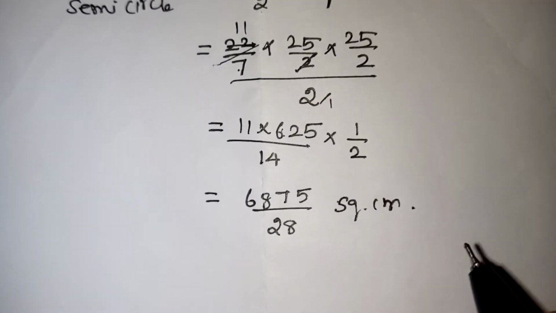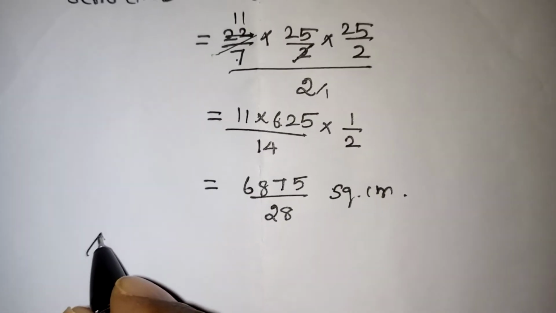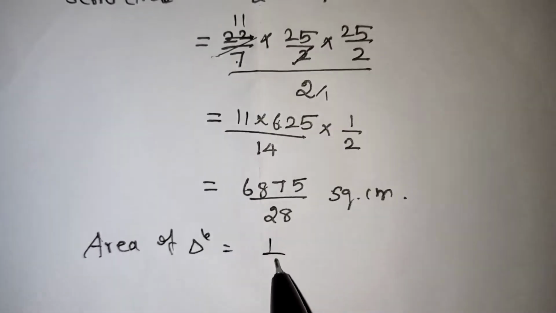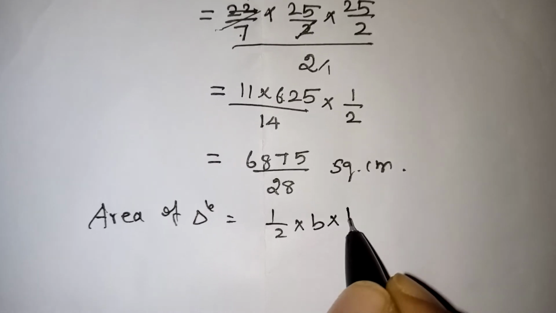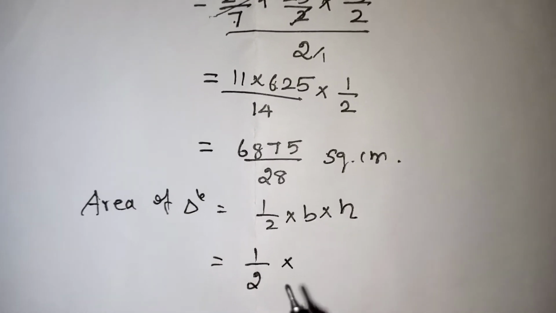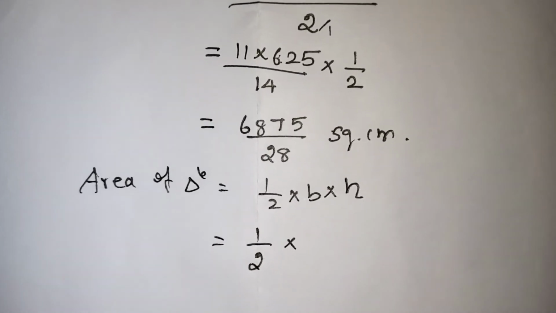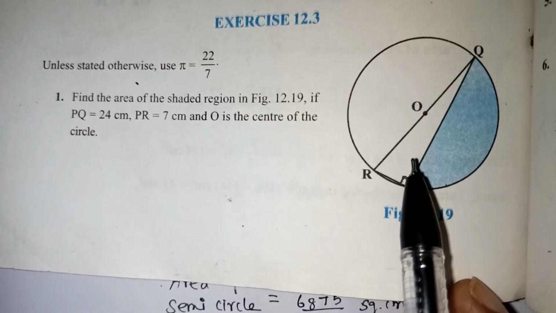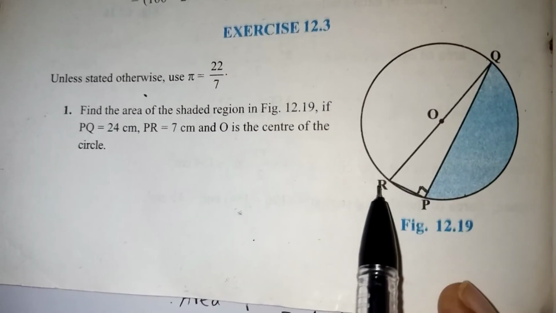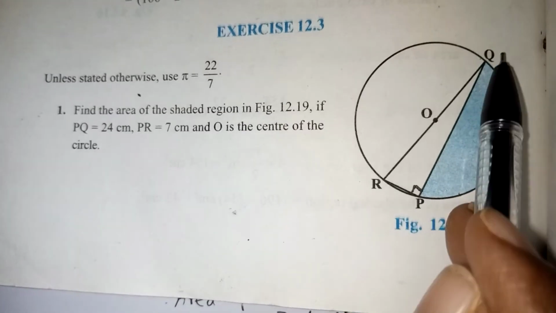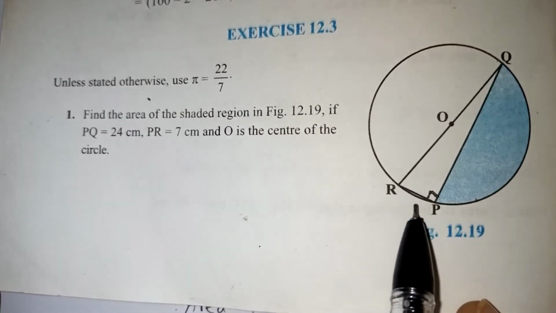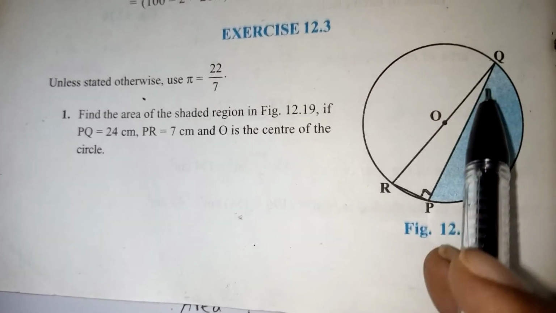Next we are going to find the area of the triangle. So area of the triangle: we have a formula, half into base into height. Base and height, what is the value? We'll check in the diagram now. Now look at this diagram. Which is base, which is height, we need to find out. So this is a right angle triangle. Where the 90 degree is formed, this line is called the height. So PQ is the height. So RP is the base. So this is the base and this is your height.